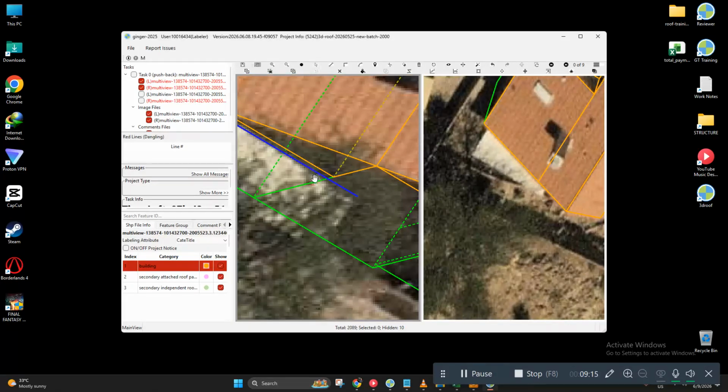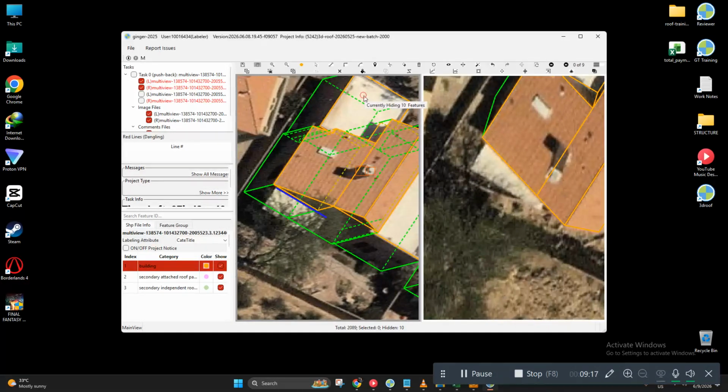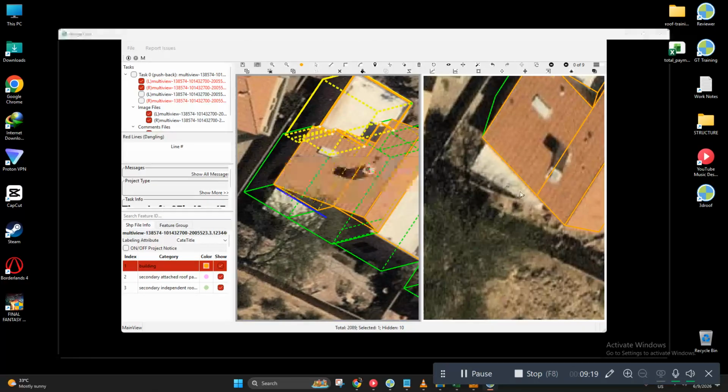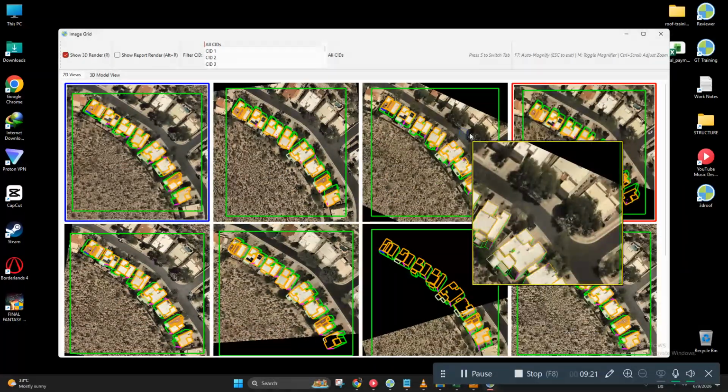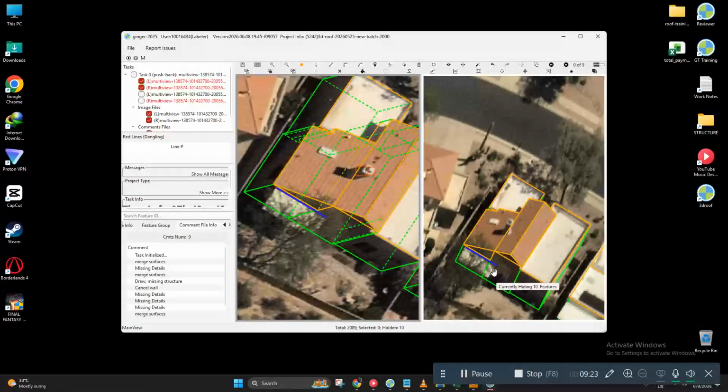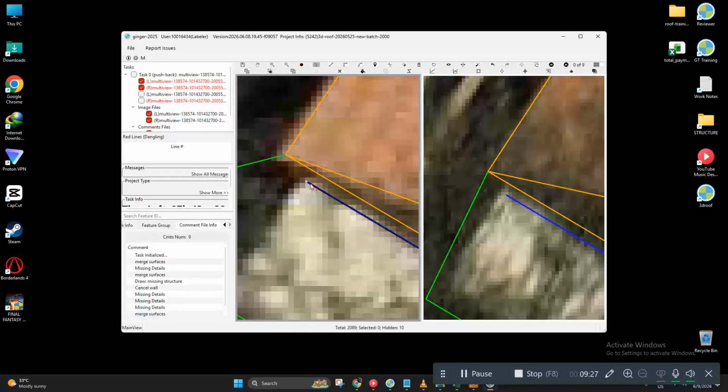Okay. So check other views. This is the most efficient way when you want to capture all those secondary extensions.